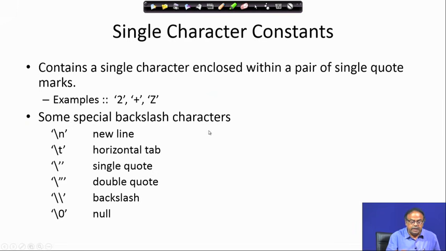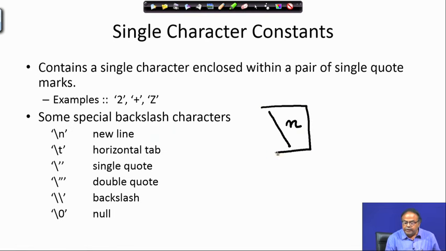Now, here is something that is a little new to you. We have already encountered one of these as our friend earlier. Here you can see that we are using a special character like backslash. This backslash means that whatever is following it is not of the normal nature. For example, if I write n, it really does not mean the character n, but backslash n has a different meaning.